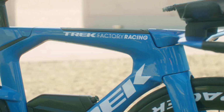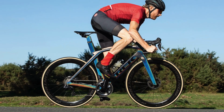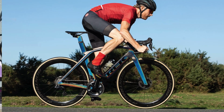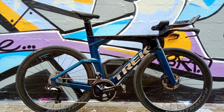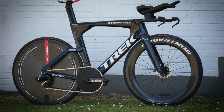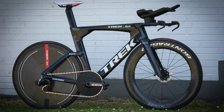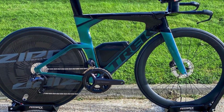It's common for bike brands to exaggerate aerodynamics by testing at outrageously fast wind tunnel speeds, sometimes up to 50 kilometers per hour, far beyond what most people or even some professionals can achieve. Even without extensive training on triathlon bikes during the winter, we noticed how fresh we felt after rides of up to 90 kilometers. Whether Trek's ISO speed system truly makes a difference is something we can't definitively prove, but we